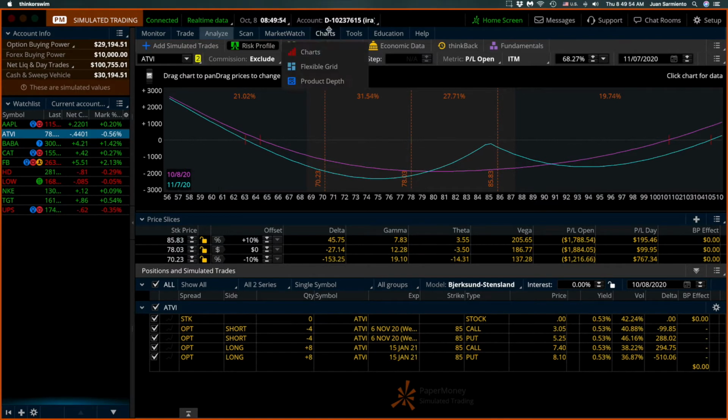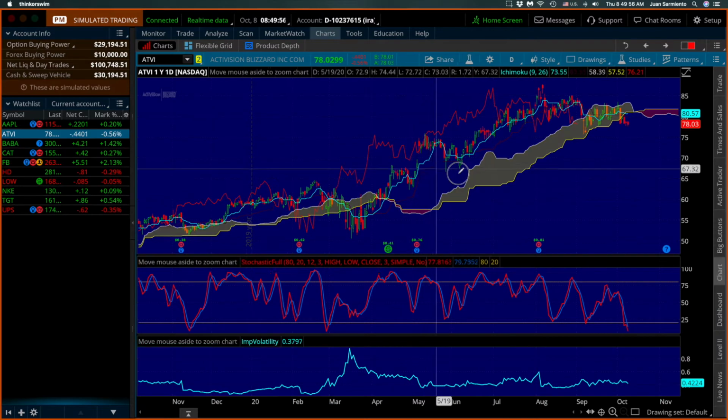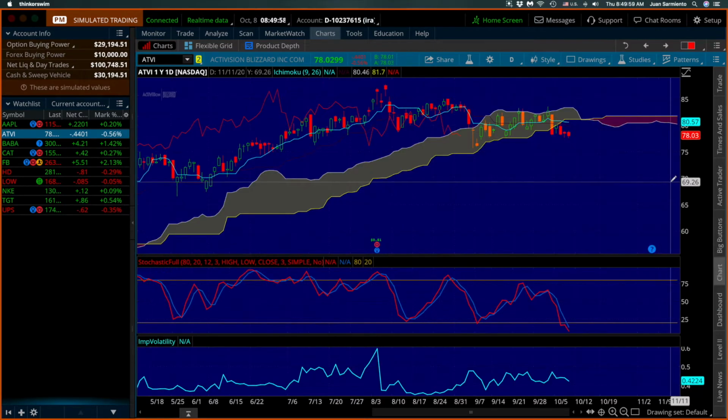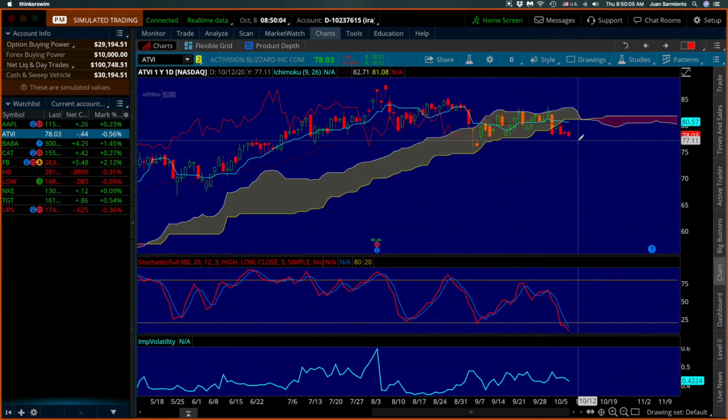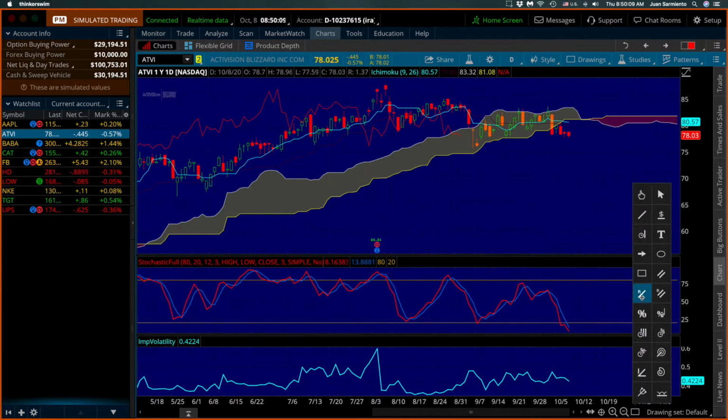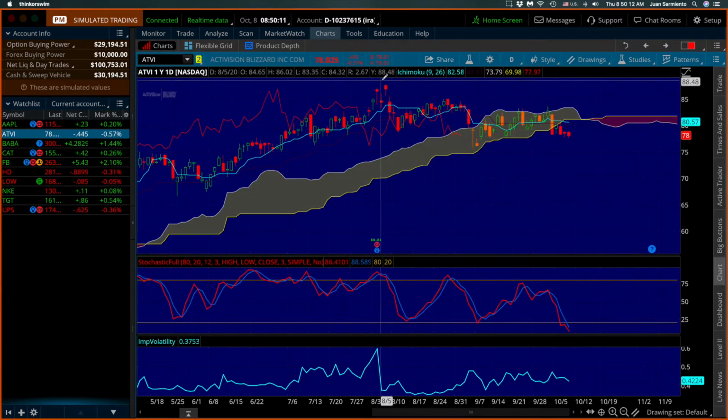Let's take a quick look at the chart and see if I can make myself an idea of what is happening here. The stock is trading below the Ichimoku cloud and that makes it bearish. So I'm bearish and there is a trend here. I'm using my channel here and from the high point,